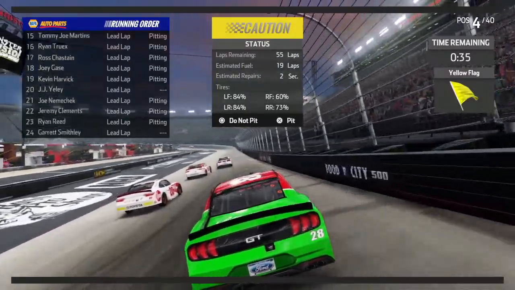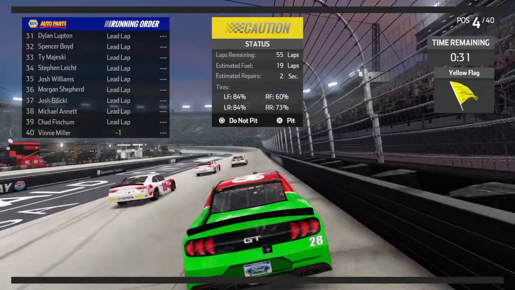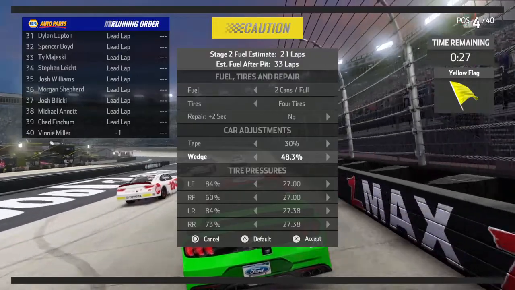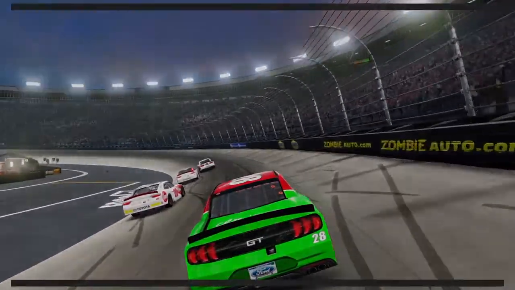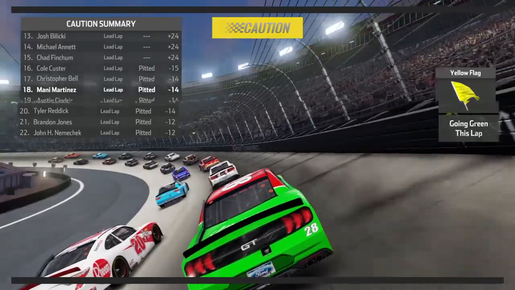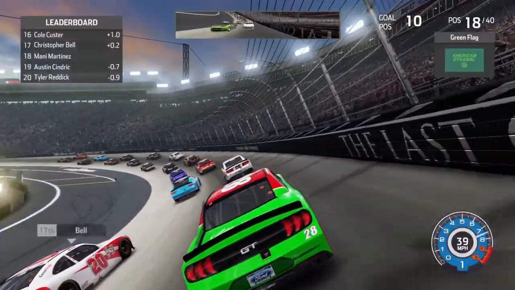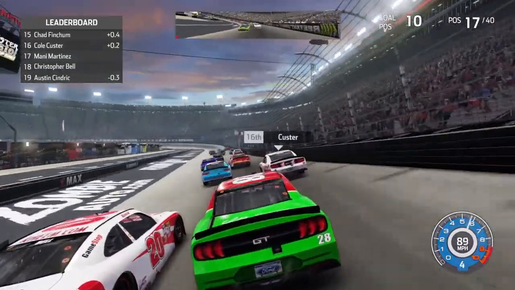Everyone is pitting. Is the entire field pitting? A lot of the field is pitting, but a lot of the field is also staying out. So it's interesting here. We're not going to make any repairs. We don't need to. We're going to drop the wedge down to 48 because why not? And we're going to go and see what happens. Colt Custer, Christopher Bell. What happened? Did someone stay out? No. I think we jumped someone in the pits. I don't know. Someone must have...